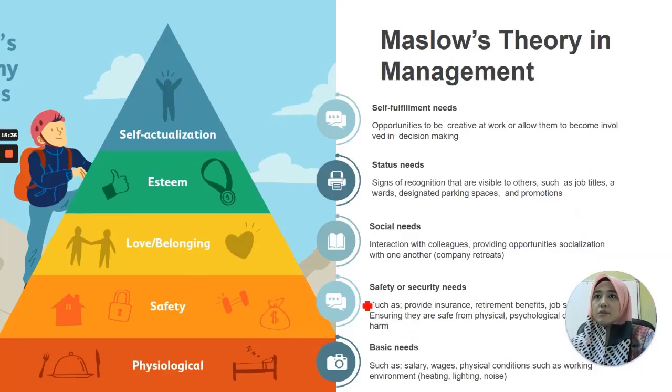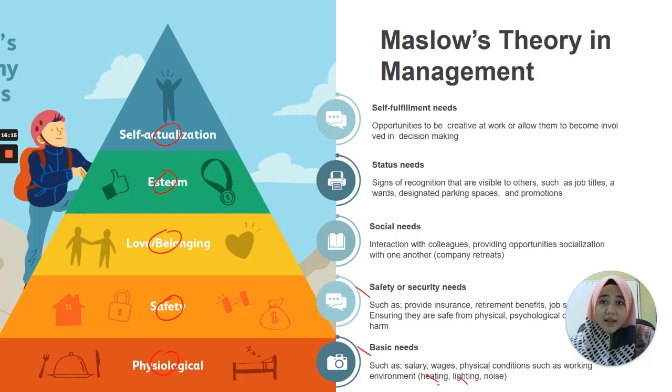Okay, so kita tengok dia punya Maslow theory in management. First, they start with physiological, kemudian ada safety, love or belonging, esteem and self-actualization. So bila kita convert kepada management, yang pertama sekali is the basic needs. Basic ni kena fulfill. Salary okay, wages okay, working environment dia okay. Working environment termasuklah kemudahan, penghawa dingin, lampu dan juga ada tak masalah-masalah kebisingan ini kita kena cover dulu. Management kena cover dulu.